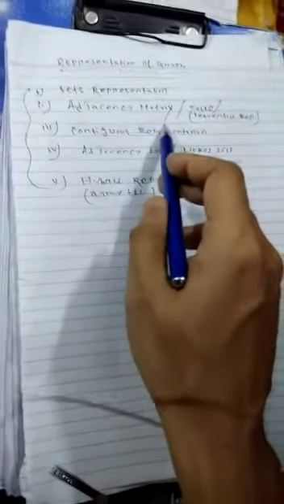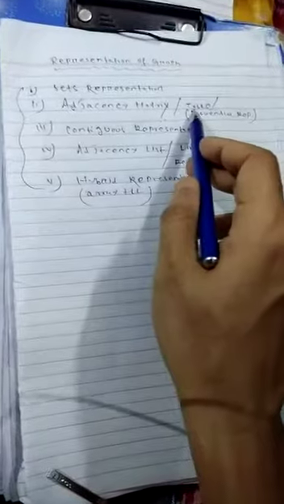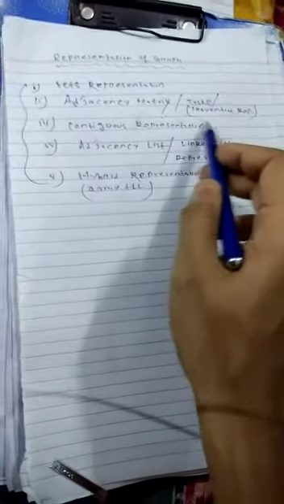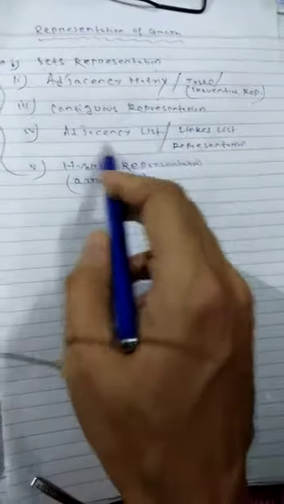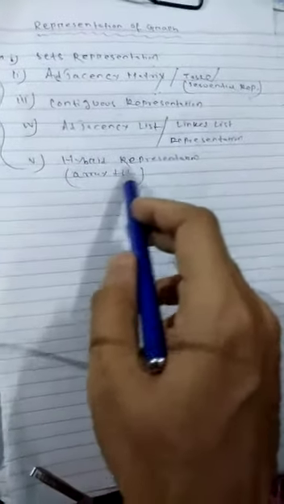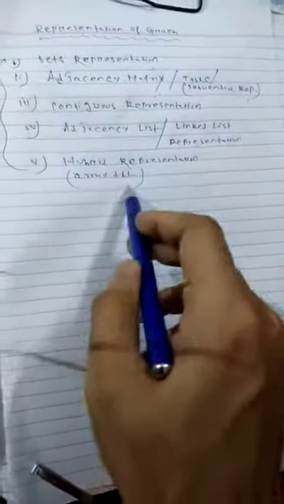Okay, so I am collecting different representations. See here, one is the set representation of a graph, then the adjacent matrix, which is also called an adjacent table, and this is also called a sequential representation. Then another is the contiguous representation, another is the adjacent list, which is also called the linked list representation, and then another is the hybrid representation. This is the combination of array and linked list.